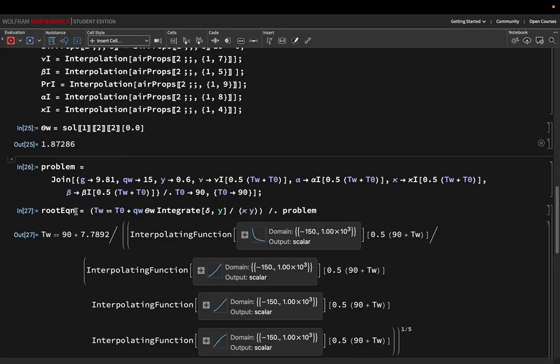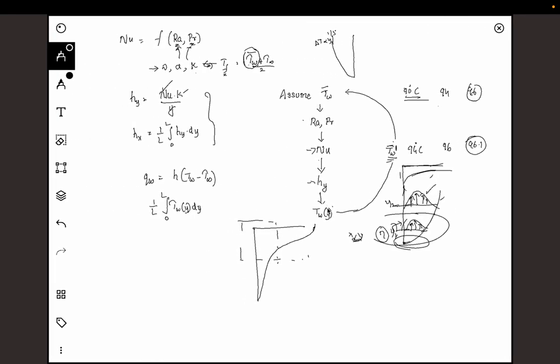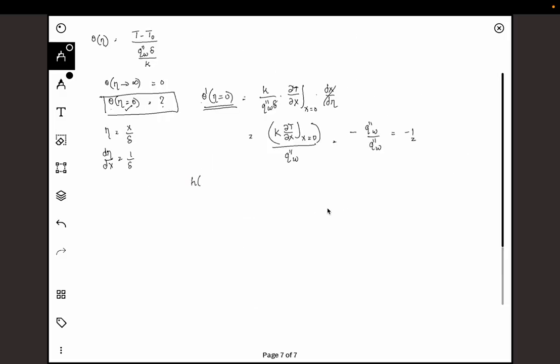So how I do that is I'll define my root equation, which is TW should be equal to T naught plus QW theta W into this particular value here. So what that essentially translates to is, I have H of y times TW of y minus T infinity is QW. So what we are trying to find is TW bar, which you can obtain by